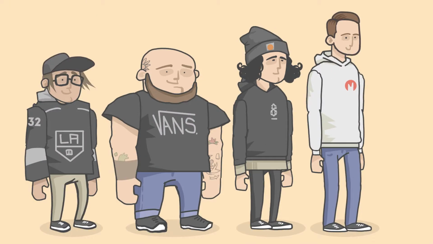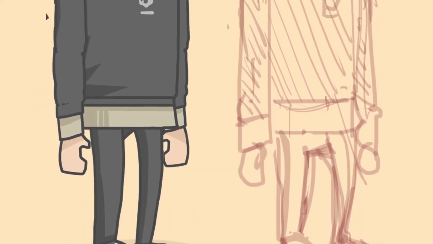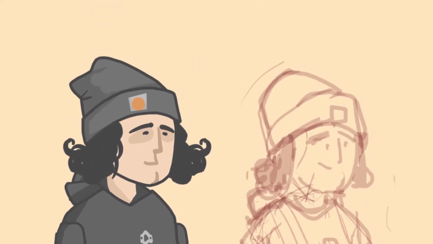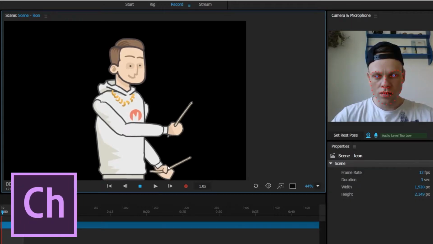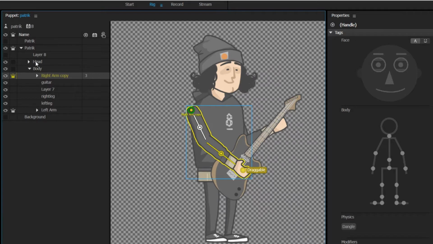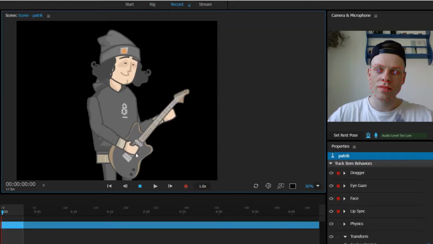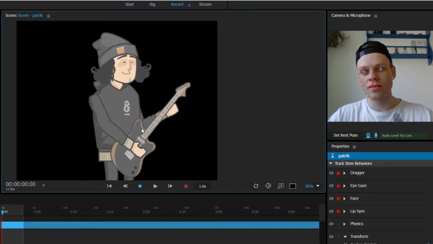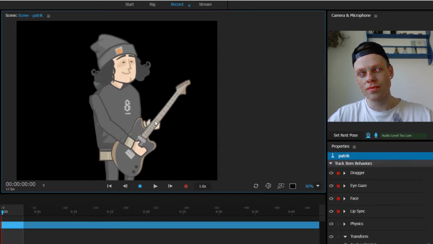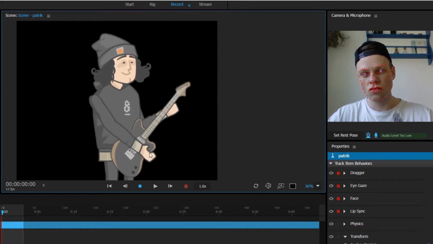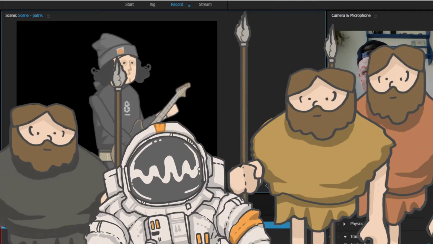And I settled with this pretty basic style where every object has a base color and a shade color with an outline on it. Then they were all imported and rigged in Character Animator. In Character Animator you can create really complex character movement, but since I knew this animation would involve a lot of characters, I didn't want the main characters to be too complex with head turns and stuff. That would just make the other non-rigged characters look stiff and dead.